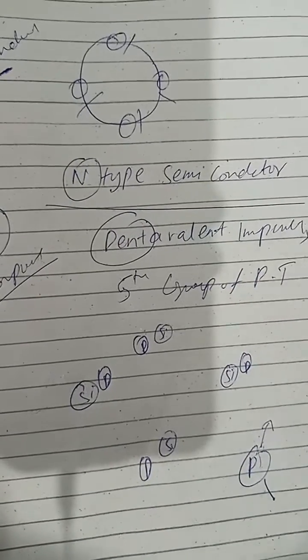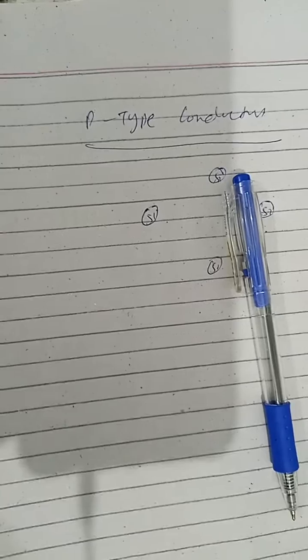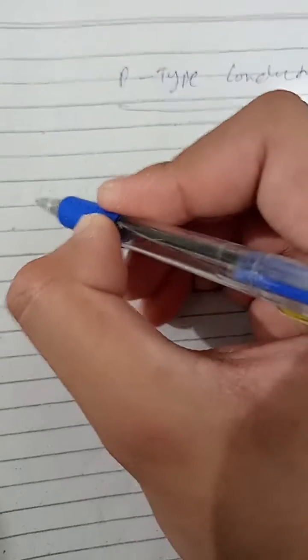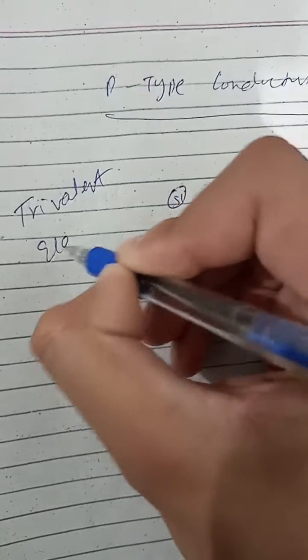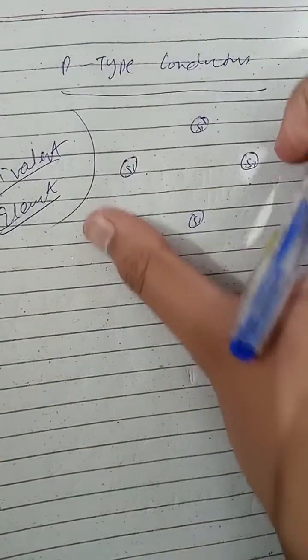So what is the positive type of semiconductor? We're going to study them now. Let us go for the positive, the p-type semiconductors. Let's say you have silicon, with four silicon atoms there. So what about aluminum, which has trivalent elements? Trivalent elements from the third group are what cause it to be doped.